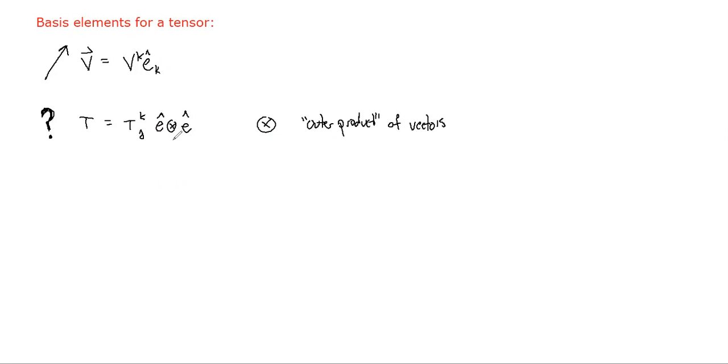And if I'm matching indices, and this is a little bit redundant because I already have the covariant and contravariant K and J on these. So it's a bit redundant to put the outer product on there, but I'm really reminding you guys, this is an outer product. So if I have a rank 1 tensor, which is to say a vector, I have 1 unit vector. If I have a rank 2 tensor, then I have 2 unit vectors. If I have a rank n tensor, then I could take an outer product of n unit vectors, which would be pretty grubby. But the way this works is, for example,